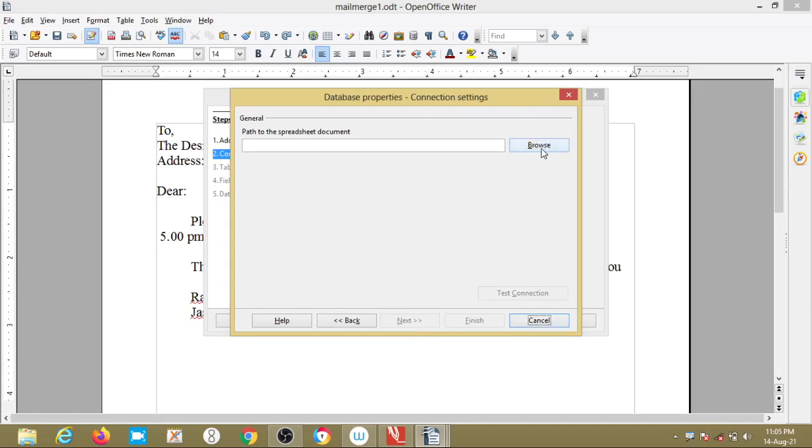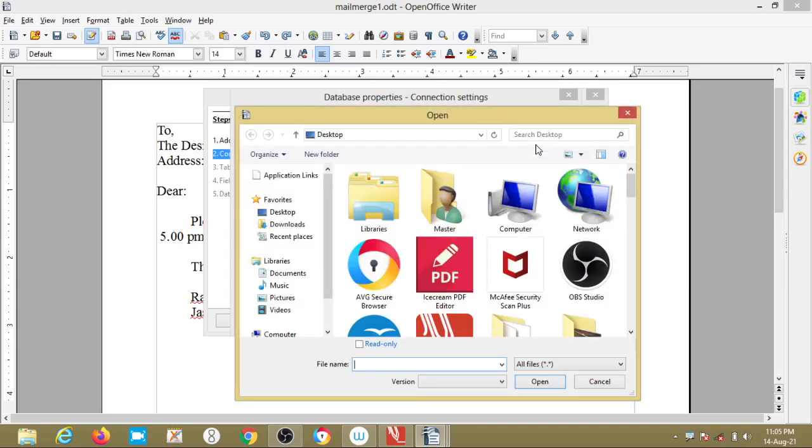Here there is an option Browse. Now we have to click on this Browse button, and we should know where we have saved that particular Excel sheet. We have saved it on the desktop.